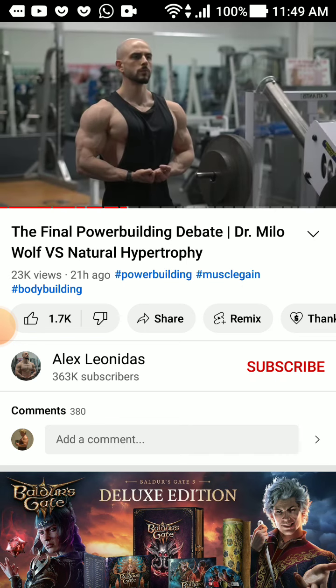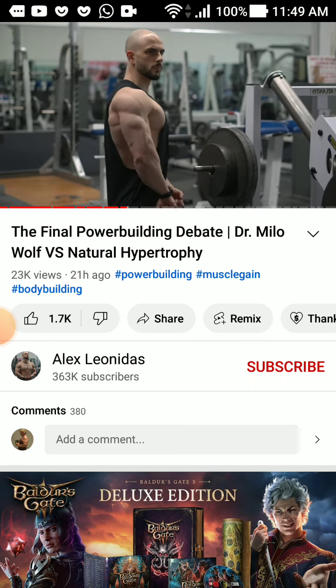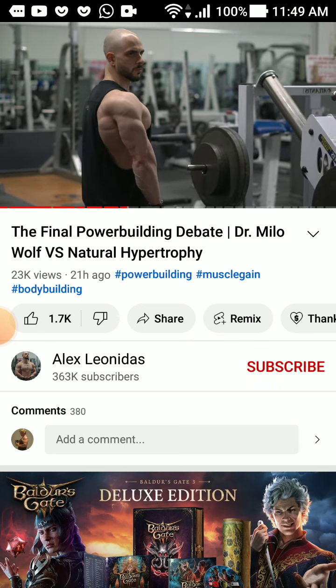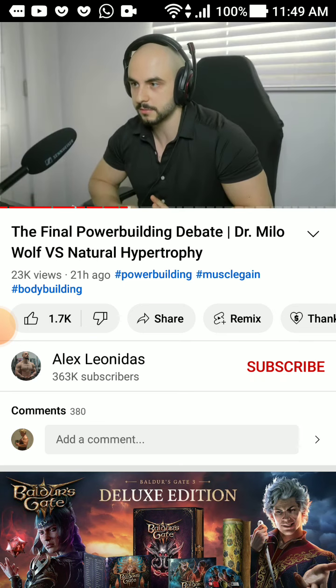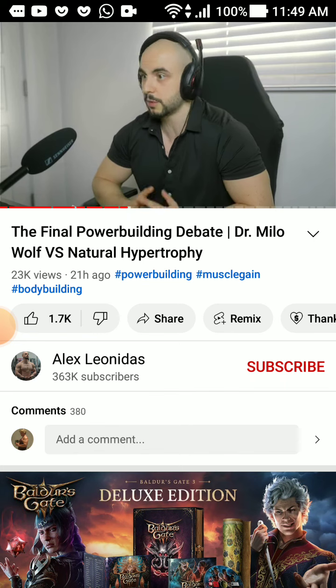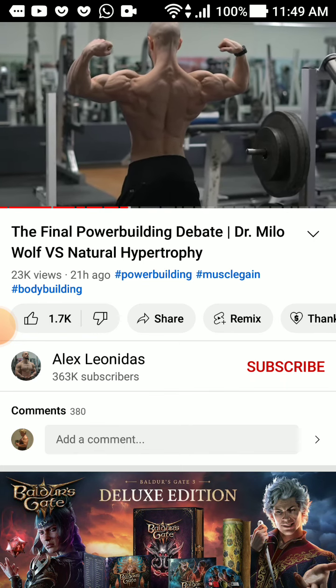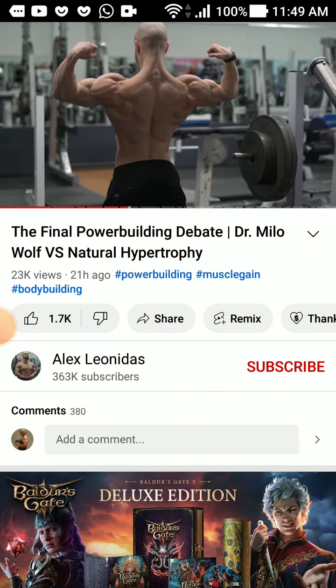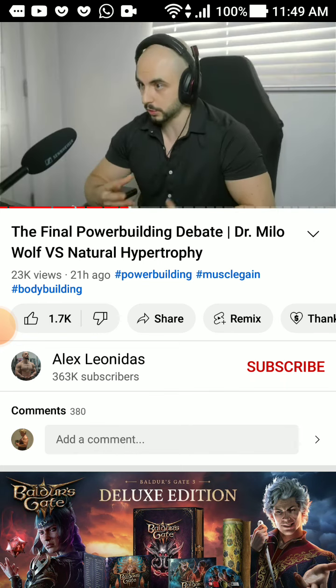I built up to a 405 bench at 185 body weight. I even did a 380 close grip bench. And I was told for years that if I just get my pressing numbers strong enough, I'm going to have massive triceps. They're going to mog everybody. And yet, there were people who didn't even bench 3 plates who already had 17 plus inch arms, and I found that it never made sense. So my arms peaked at 16 and a half. I switched over to complete bodybuilding training, got them up to 17, and then shortly after, with some more 17...